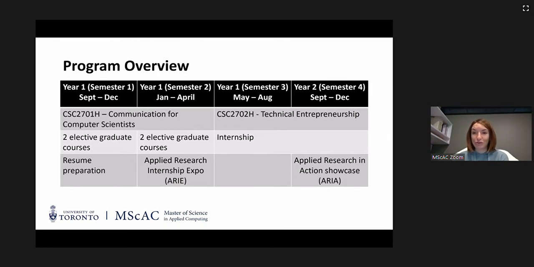the students who are finishing the program show off the innovations they've been doing. And this year it's on November 26th, and it's going to be virtual. So you will all get an invitation to come to that event sometime in the next couple of weeks. And it's a great opportunity to just come down, see what we do, and actually talk to students in the